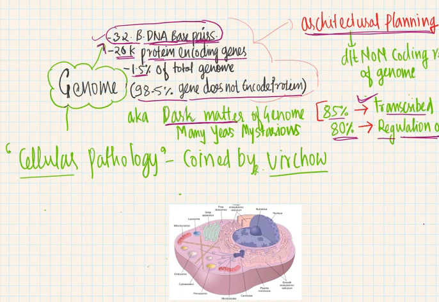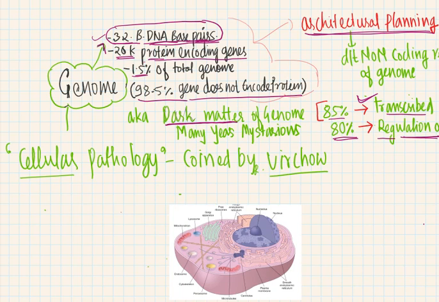So without wasting much more time, let's start with our pathology. For pathology, the gold standard book is Robbins. Okay guys, you all have to read Robbins only, and I'm making notes from the Robbins textbook only. I'm just taking help from the other textbooks and internet, but the base is Robbins.